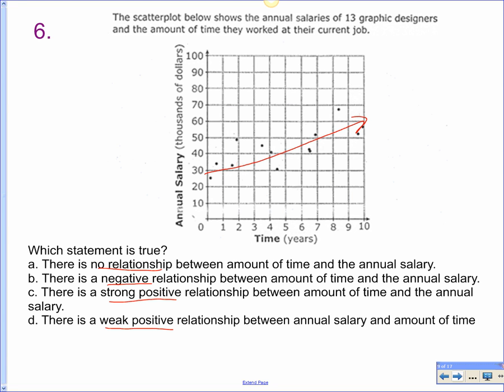Brandon, positive or negative? Positive. So which one can I mark out? B and A. All right, Hallie, what do you think? Strong positive or weak positive? Weak. A lot of students hate these questions, and I'm with you. I hate these questions too because I know it can be tricky, but I am going to go with weak